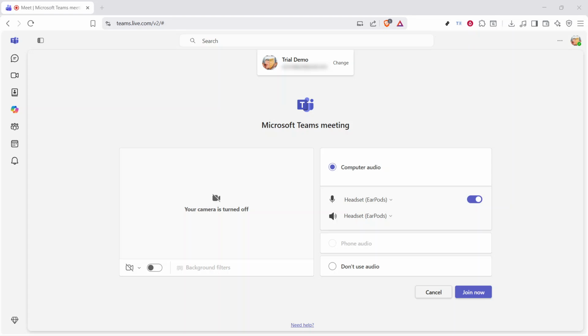In today's video, I'm going to teach you how to use another camera in Microsoft Teams. If you have more than one camera connected to your computer, like a built-in webcam and an external USB camera, Microsoft Teams lets you choose which one you want to use before joining a meeting. This is helpful if you want better video quality, a different angle, or if your default camera is not the